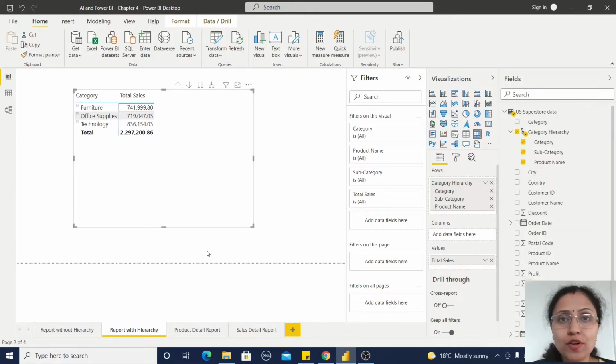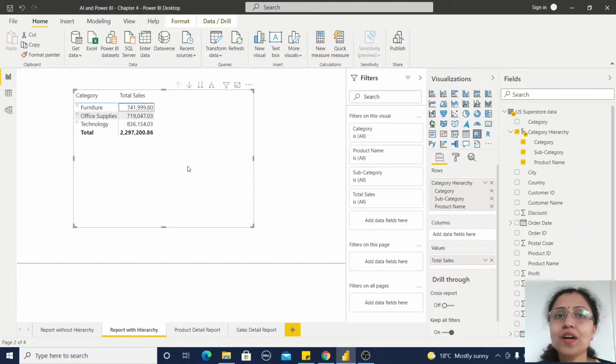Okay, now it's time for drill through features. Drill through is nothing but, for any project we have a summary report and there will be some detailed reports. Definitely in a summary report we have some aggregated information and in a detailed report we have all the detail level information. For example, here I have this category level total sales, but I am not aware what all the order IDs are involved here in this furniture category. So if I want to know this information, I have to go through the detail report.